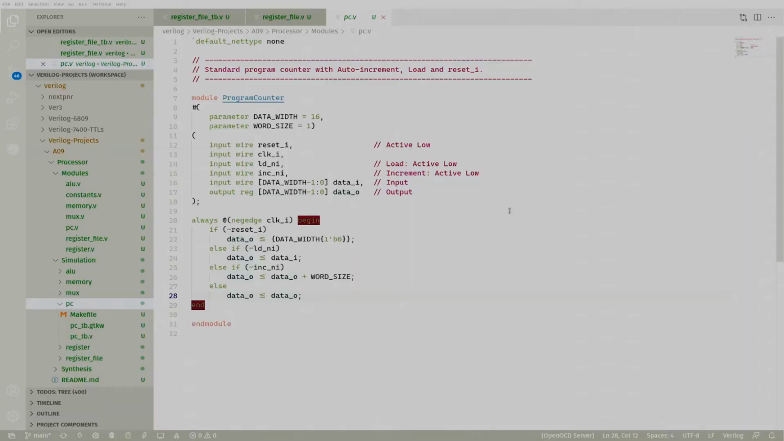Great. We now have a working register file. It's very similar to memory, but with a few extra data paths. Let's move on to building the program counter, or PC. In the upper right hand corner we have the diagram for the program counter, and in the background we have the module itself. We have our usual input parameters,